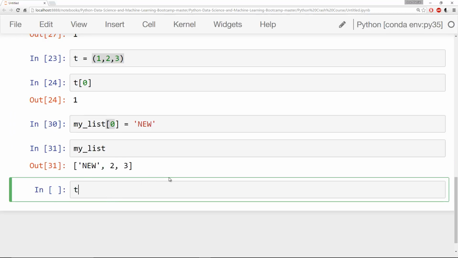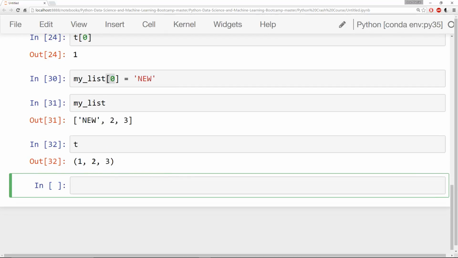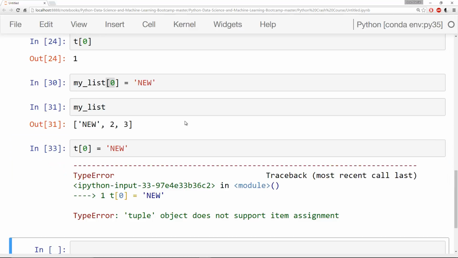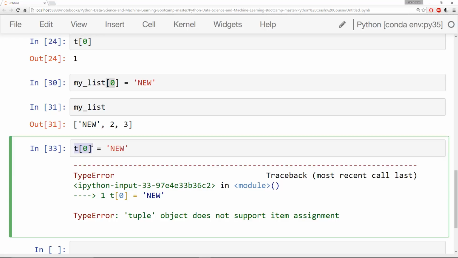If I want to do that with a tuple, however, if we look at my tuple, it's 1, 2, 3. Let's say I grab 0 and set it equal to new. I'm going to get an error. And this is because tuples are immutable and they do not support item assignment, meaning you can't mutate the items